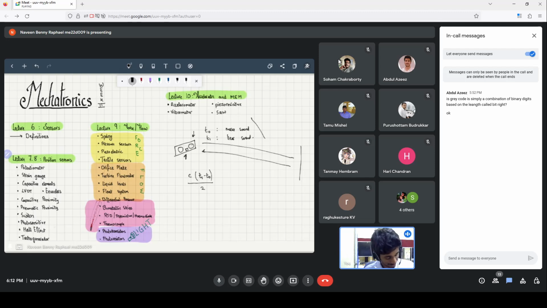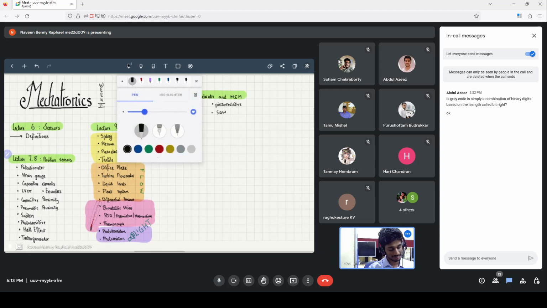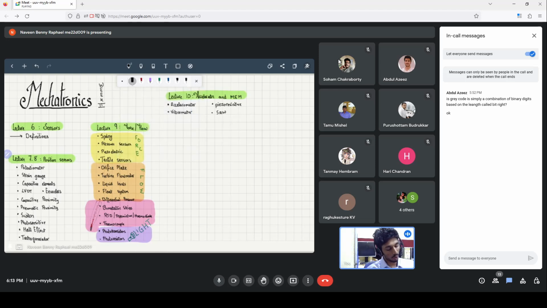Then there's the Hall effect sensor. Do I need to explain? The Hall effect sensor is also a very interesting sensor. The Hall effect sensor essentially gives us a potential output given a presence of a magnetic field. The Hall effect was identified a really long time back. Essentially, if you have a wire carrying current, and there's current flowing,